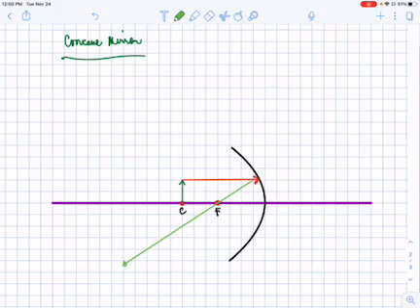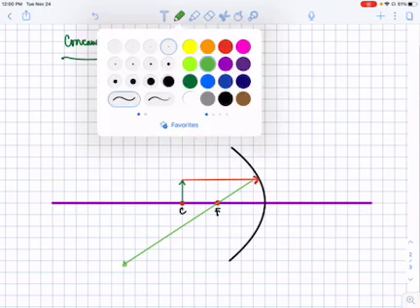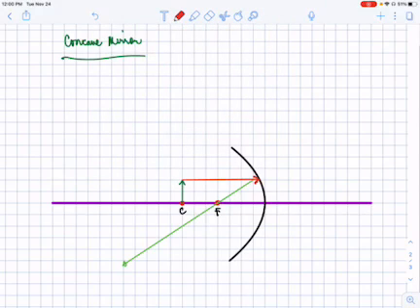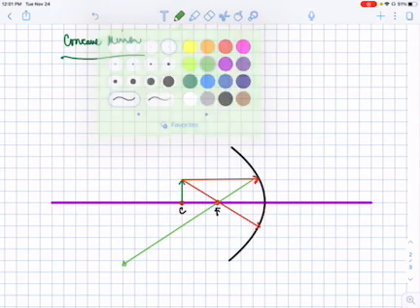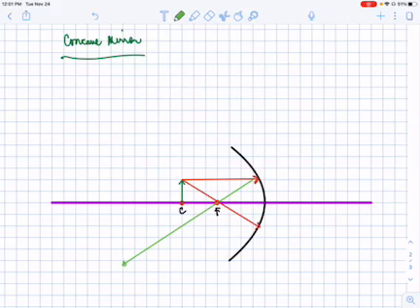Draw ray 2 from the tip of the object. It will pass through the focus, right? From the tip of the object, let's use the red. That will indicate that it's an incident ray. Then we make use of the green that will serve as our reflected ray. So it passed through there. Now, as what I have said,